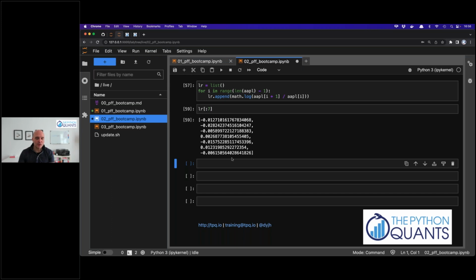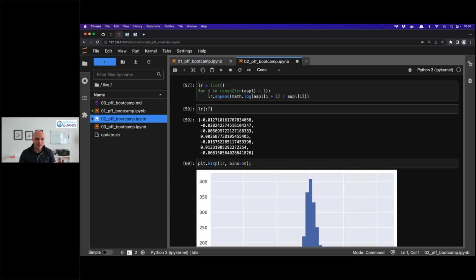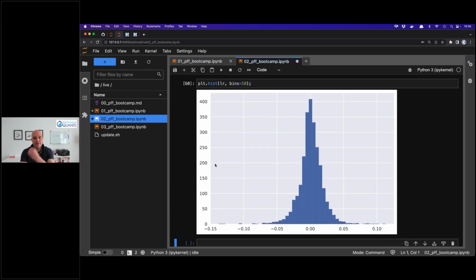First, the log returns. This is now something where histograms, frequency distributions, are often used for the visualization. LR, the log returns, as a histogram, and the bins also 50 instead of the default of 10, semicolon. And we now see